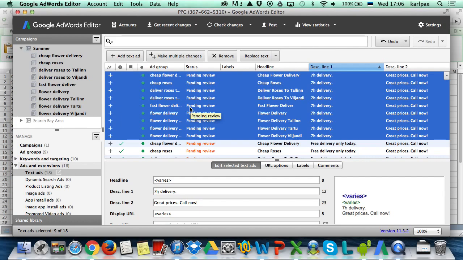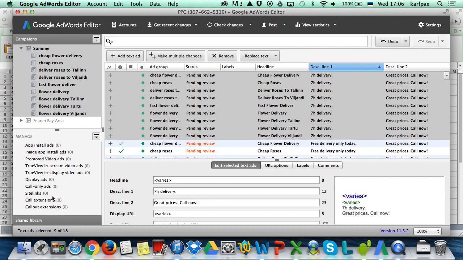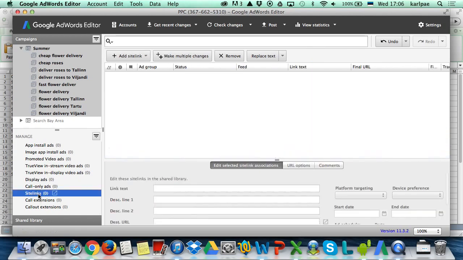Yeah, you can add the extension. Well, not all of the extensions. You can add site links. Some of the other extensions you can't add. So, because you see, there are call extensions, call out extensions, site links you can add, but the other extensions you have to add in the AdWords account. So you don't have all the extensions here. But you can add site links here as well. So yeah,